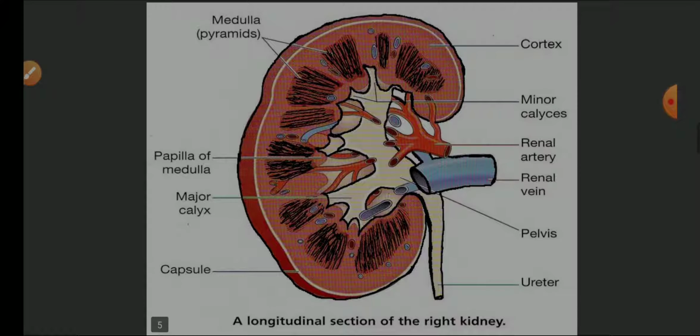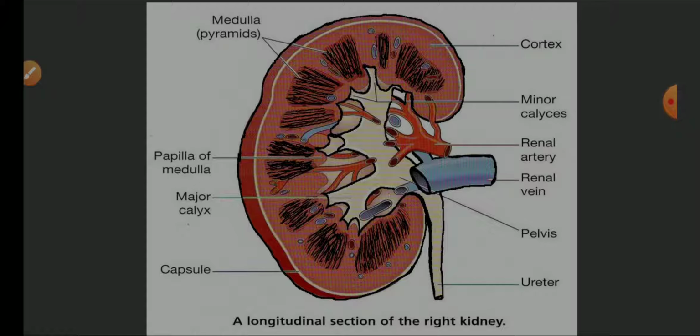Let us see the structure. So this is the structure of the kidney. I have drawn the internal structure as well. The external structure is pretty simple. In the external structure, the right kidney is slightly lower, and the left kidney is a little bit higher. Inside, the renal artery is entering. The renal artery is coming from the dorsal aorta. After supplying oxygenated blood to the kidney, it collects the deoxygenated blood through the renal vein and it comes out and combines with the inferior vena cava.